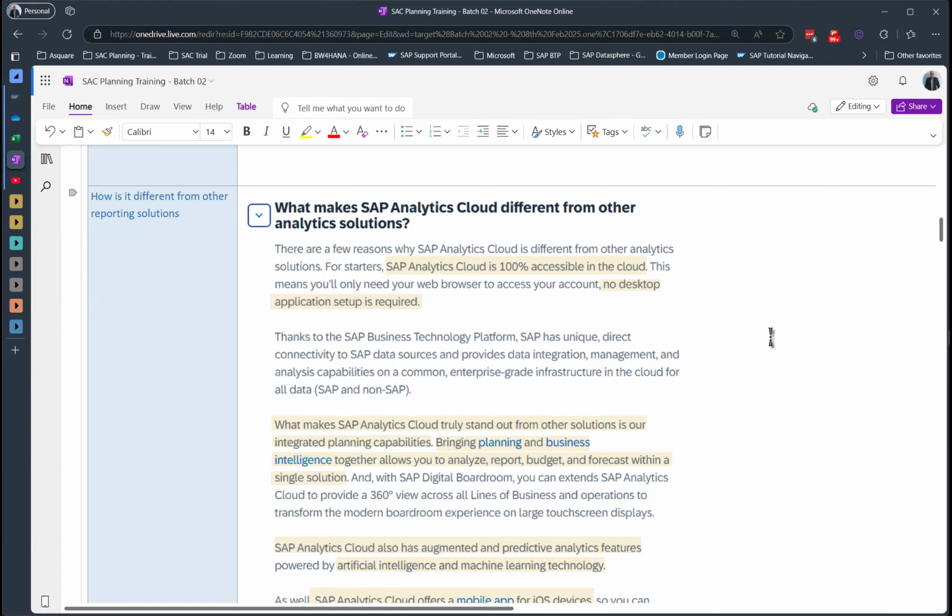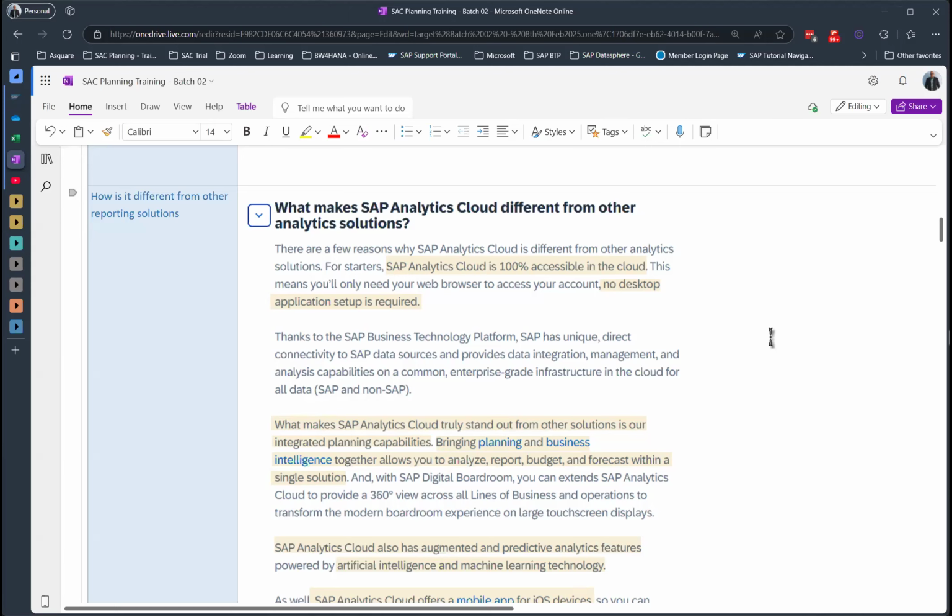SAC, on the other hand, was designed from the ground up to be a planning tool, and then reporting was added later. Many people do not know this. They think it was a reporting tool and then planning came later. No, it was designed for planning, and that's why the planning functionalities are very robust.